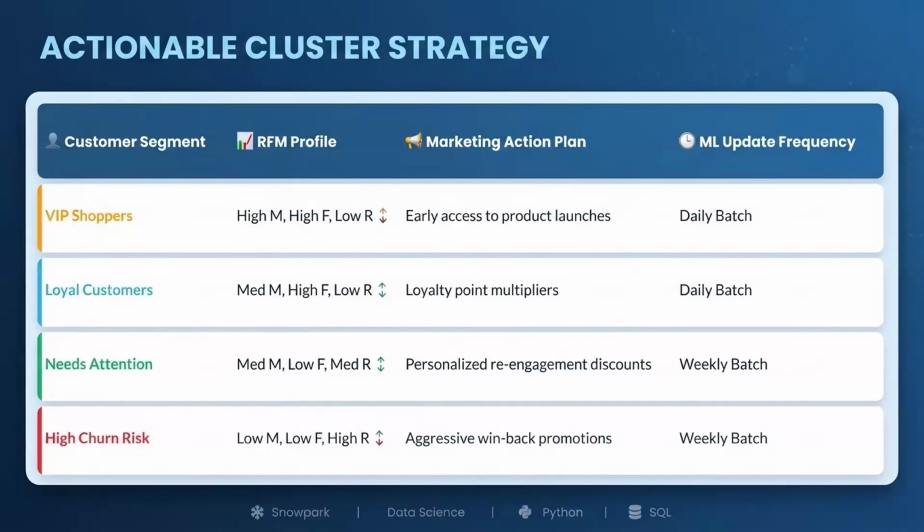Or else I cannot identify what my customer is. As a business, I cannot sit idle. I need to keep on checking all my VIP customers or loyal customers as a first priority, and then I need to calculate the lifetime value of these customers also. If their lifetime value is reducing, we need to take action. So this will basically be done by every e-commerce company, customer segmentation, and they go for an action plan.